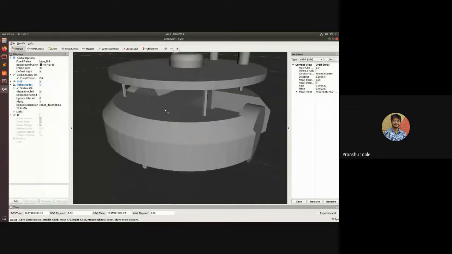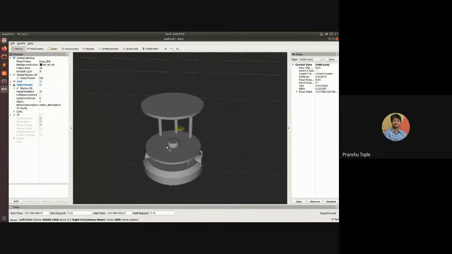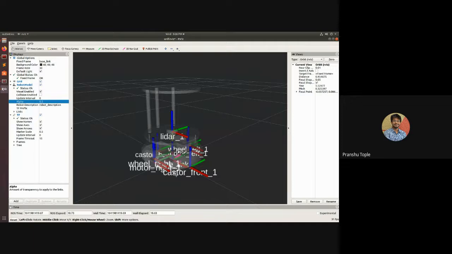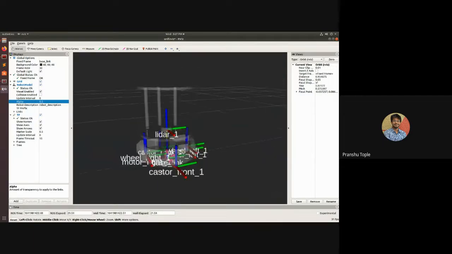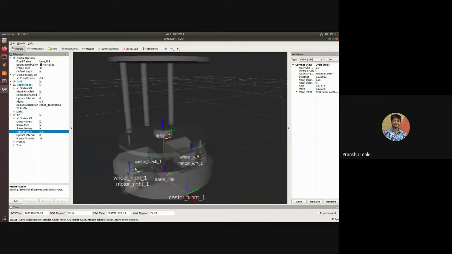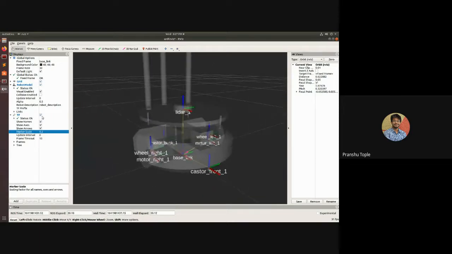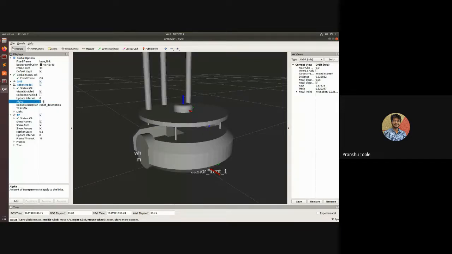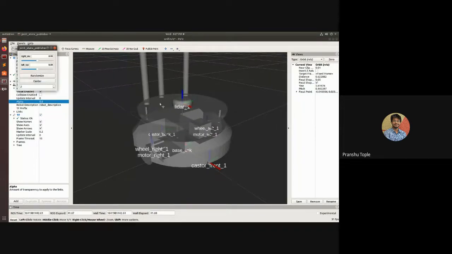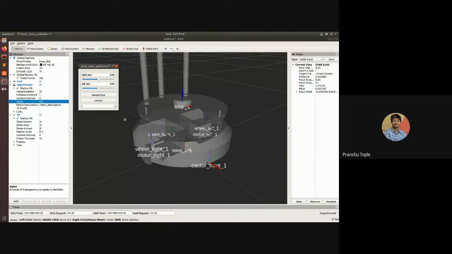So let's full screen it. Let's zoom out. You see, we have our robot in ROS right now. That's great. We can also see the TFs if we want. I can reduce the alpha of the robot, maybe 0.5. And here we can see all the TFs right at their places where they're supposed to be. Now, what I need to test is if the wheels and all the joints that I made are moving properly or not. So I will just make it 0.8. Yes, that is better.